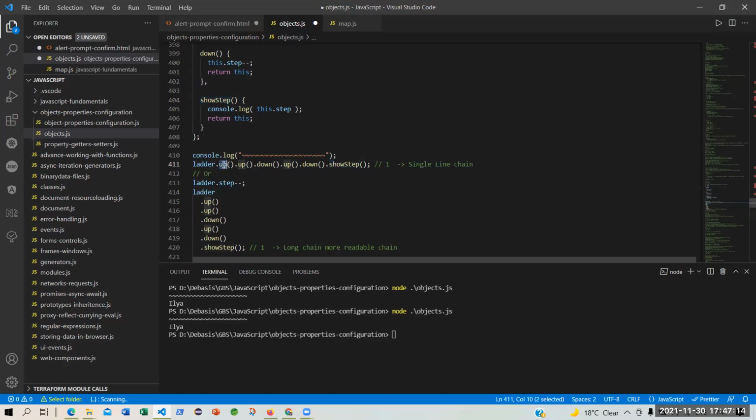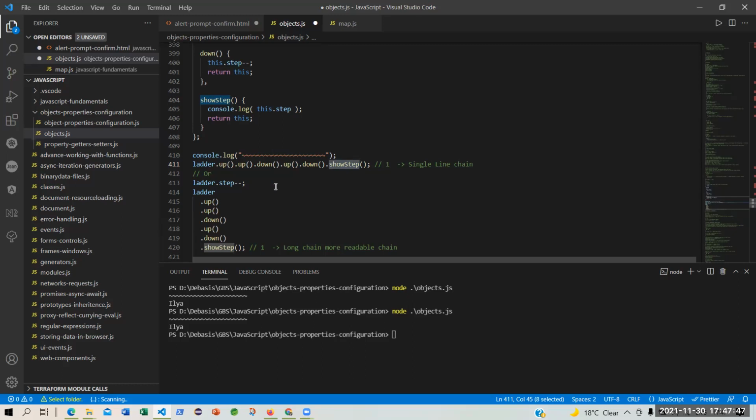So tell me, this up will return 1, right? This up will return 2. This down will return 1. This up will return 2, this down will return 1. So finally, what will be the show step? 1. Very good.